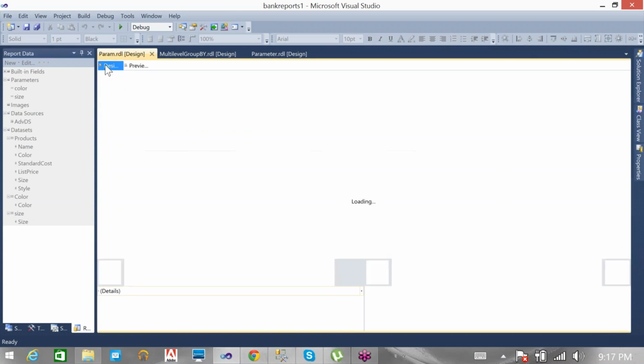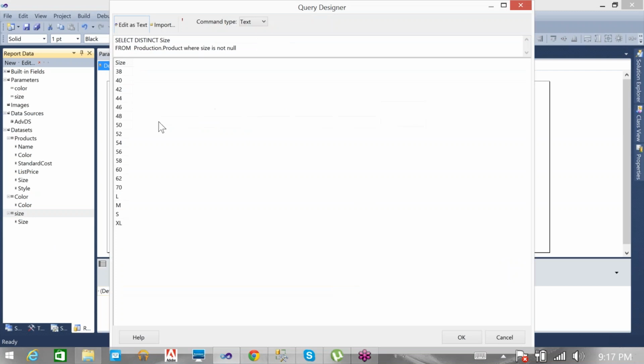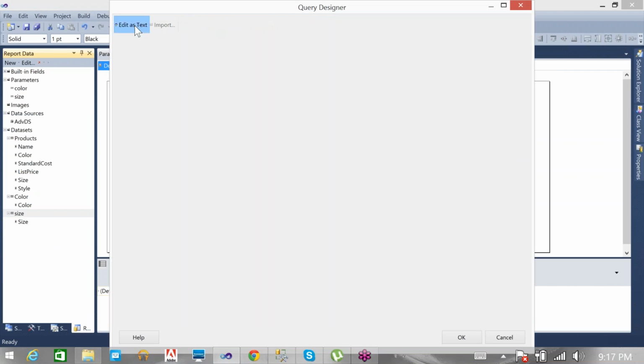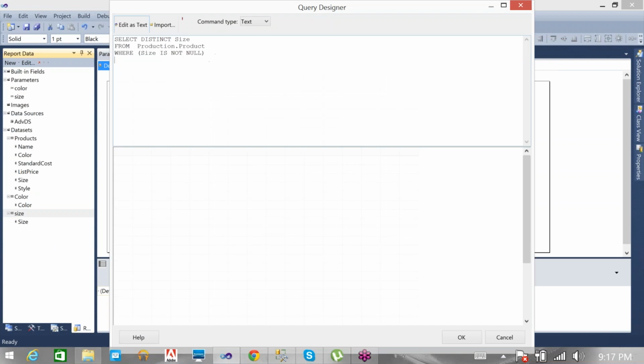Okay, then go back to your query. In the size query, what we need to do is pass the first parameter: color is equal to, then you need to use the proper case.